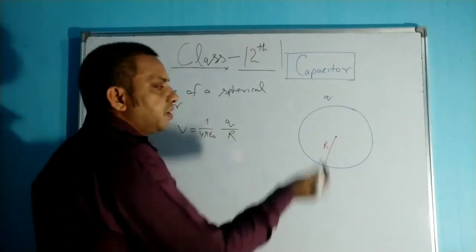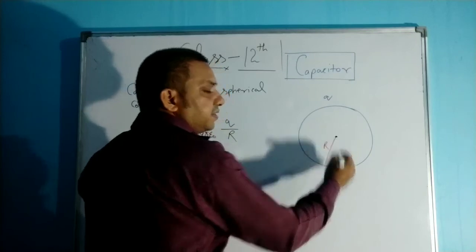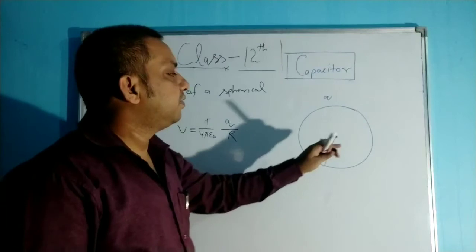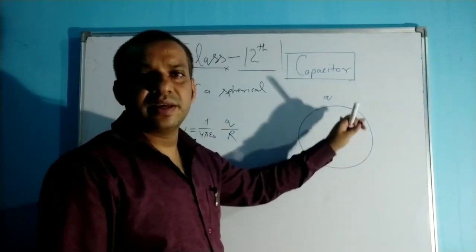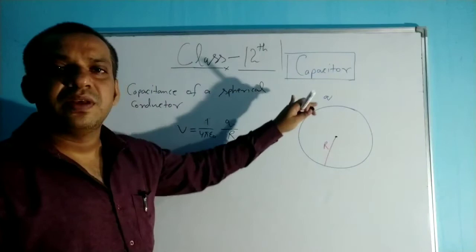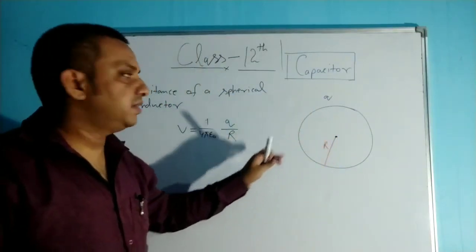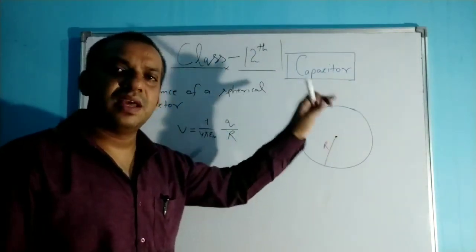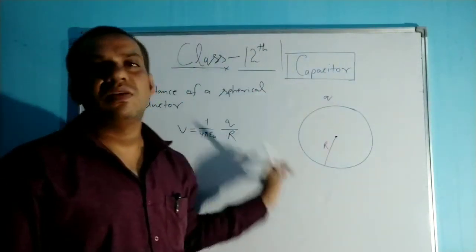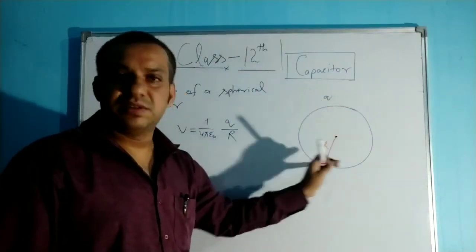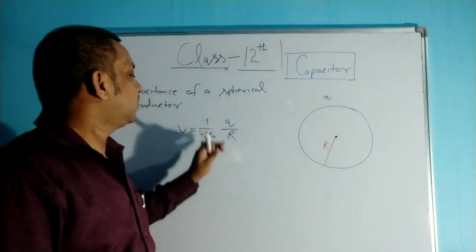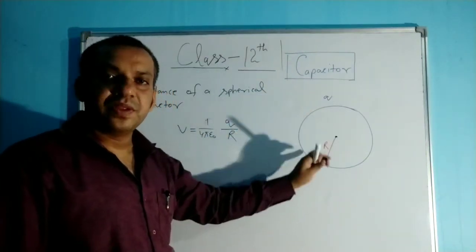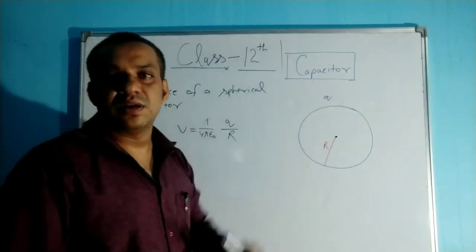Suppose you are placing a charge Q at the center, then at distance r, the potential from a point charge placed at the center is given by this formula, and it is similar here. With the help of Gauss law you can find the electric field outside and inside, and with that you can find that the potential of the surface of this spherical conductor is 1 upon 4 pi epsilon naught Q by r. So this is the potential because of the charge Q on this conductor.